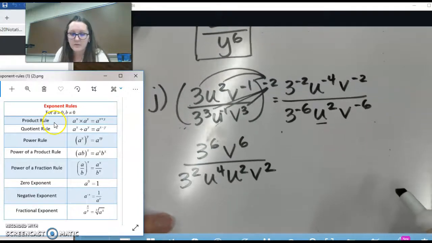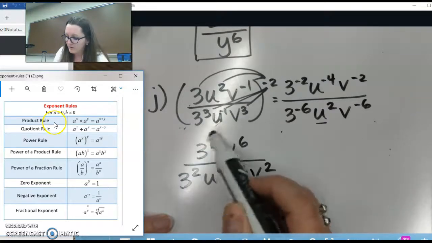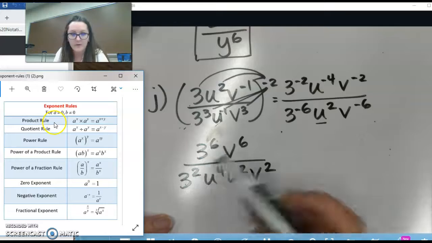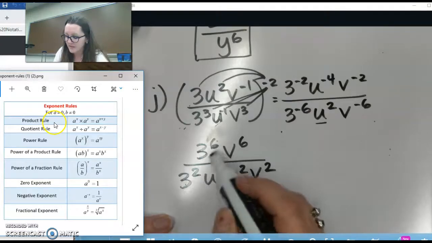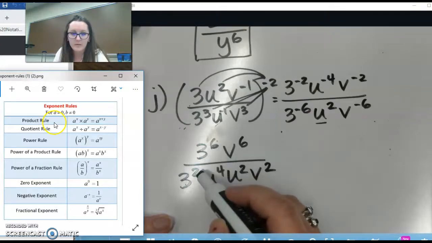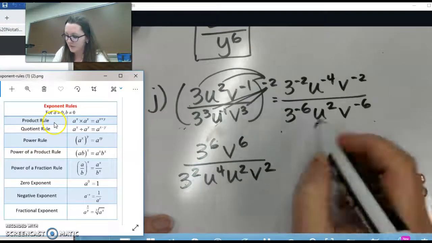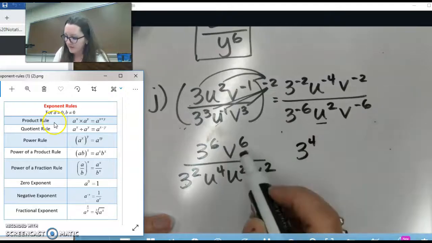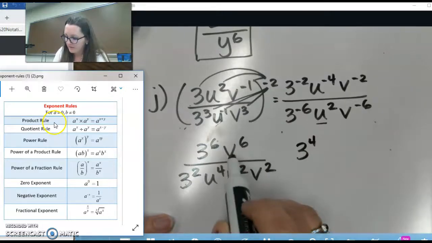All right, so now let's do our fancy work. Because we have a quotient here, it's being divided. I have the same base, and they're being divided, so I'm going to subtract. 6 minus 2 is 4. Well, what do I do with that number? Do I put it on the top or the bottom? Well, 4 is positive, so when it's positive, it goes on the top, 3 to the 4th. Here again, same base, v to the 6